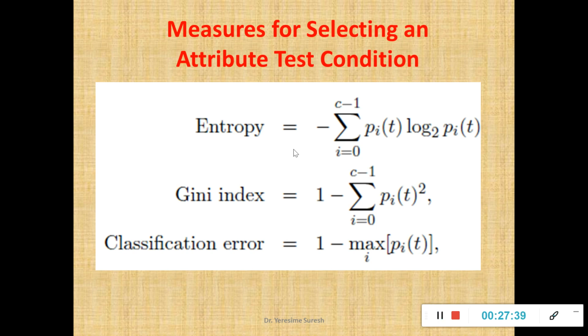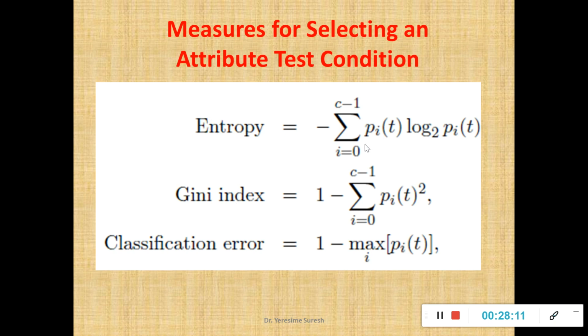Next, we have seen in the previous 2 slides the different attributes available for splitting. Now we have some measures for splitting, such as entropy, Gini index, and classification error. Classification error is nothing but 1 minus accuracy. This we have already discussed. Gini index is also one of the methods for finding the purity or impurity of a given node. Entropy is nothing but degree of success, that means the amount of information that a given node can hold.